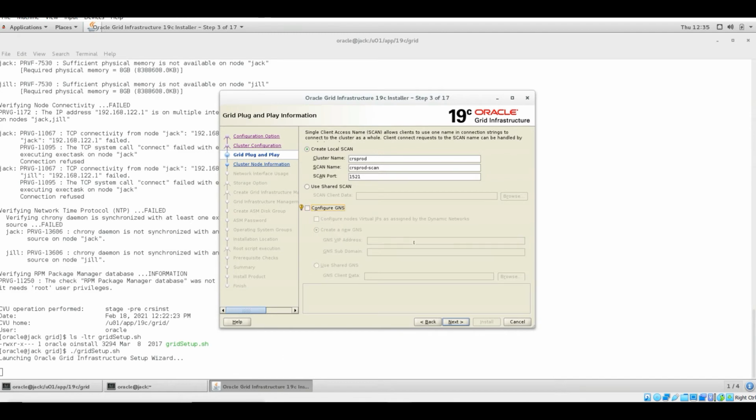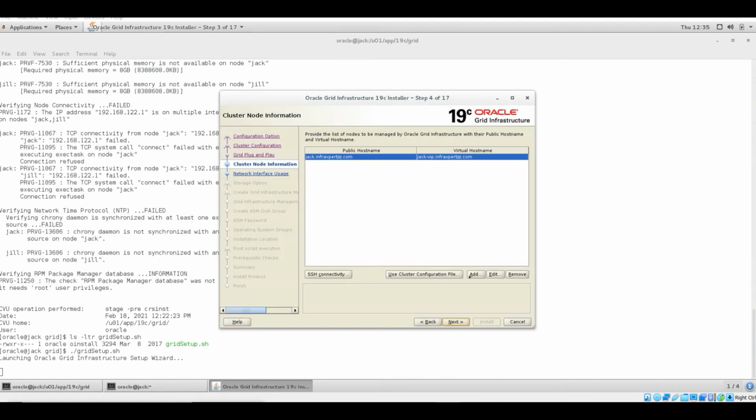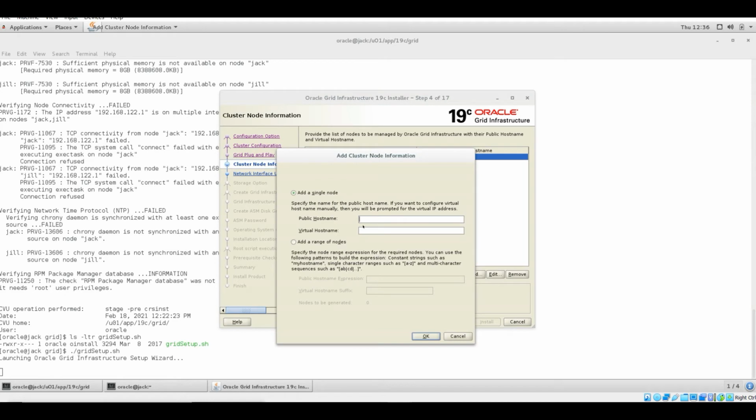I do not want to configure GNS. It is validating the scan name now. Let it validate. And now I need to add my second node, which is jill.infraexperts.com, and this is jill-vip.